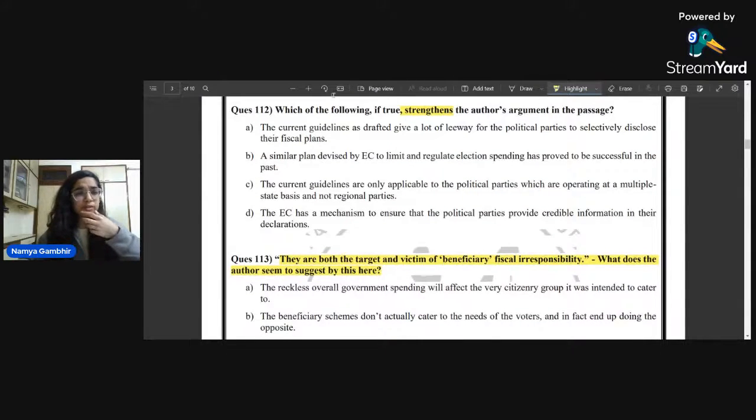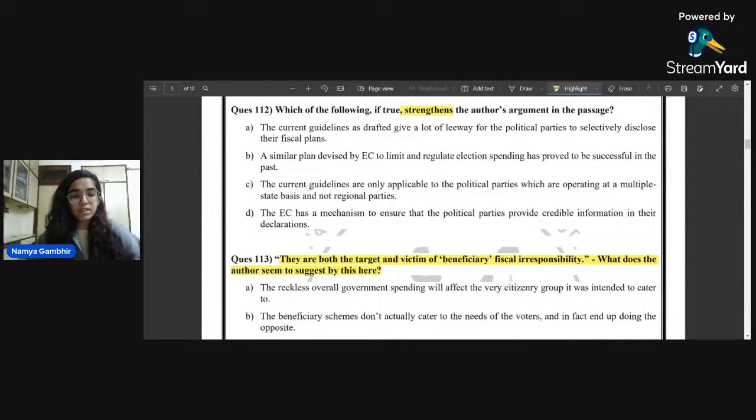Third, when you find such an option which is very mildly strengthening or sort of neutral, don't eliminate it right away. What you can do is just keep it at the back of your mind. If you get a better option, go ahead with it or come back to it. Generally, these sort of options don't work because they are very mild in their nature. Now, the third option: the current guidelines are only applicable to the political parties which are operating on a multiple state basis and not regional parties. Now, this is kind of restricting the scope of the proposal actually, so this is not going to strengthen the